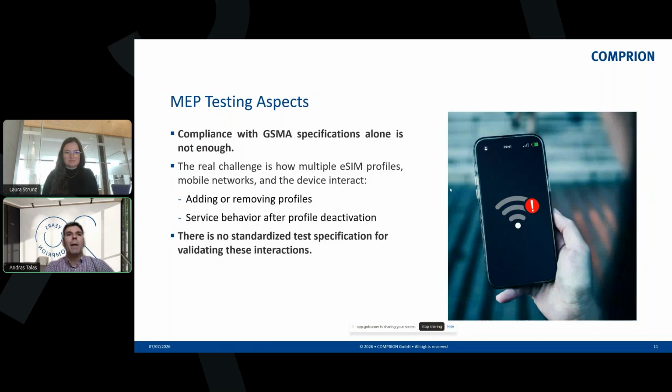So the compliance to GSMA specification alone is not enough. The real challenge, just as mentioned, is how the multiple eSIM profiles, the mobile network and the device interact during different processes, like adding or removing profiles, or how the service behaves after one profile is deactivated. There is no standardized specification for these processes, but the validating is possible, and we will show you one approach, what we Comprion